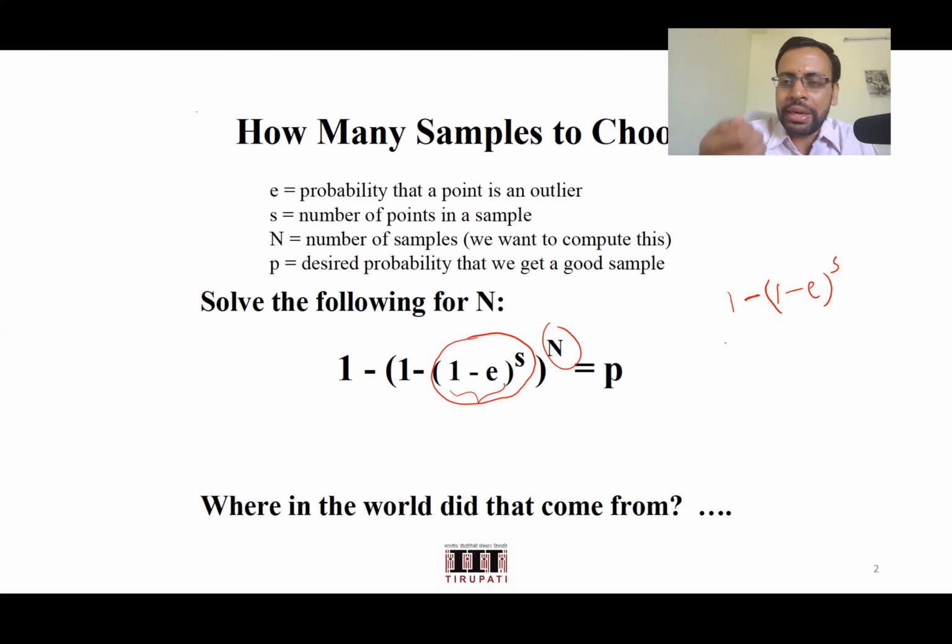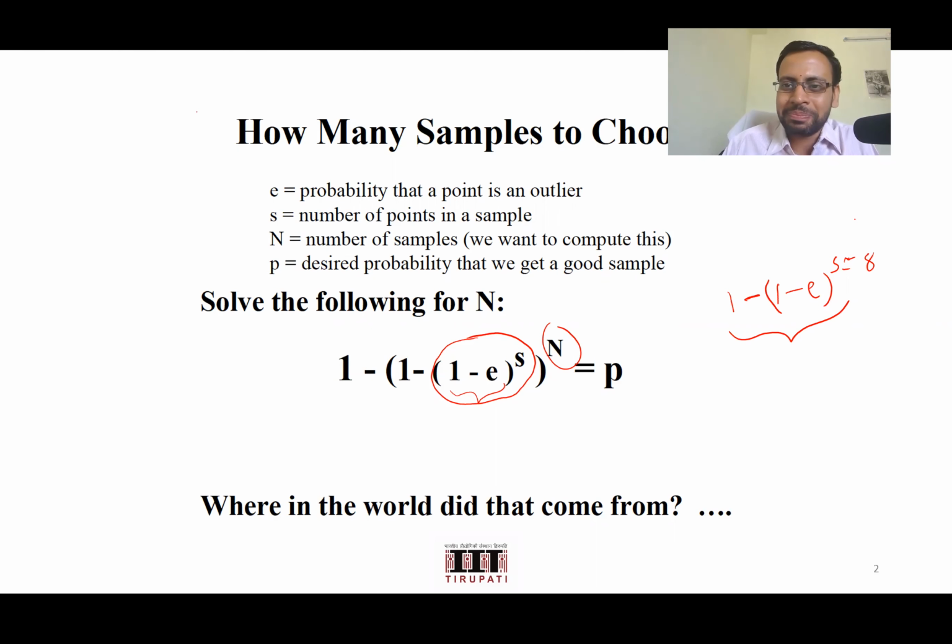You need to pick 8 points for that, so my S is here 8. Now 1 minus of 1 minus E whole power 8 will give me the probability that out of the 8 points I have picked,